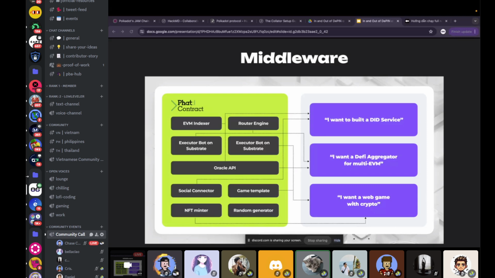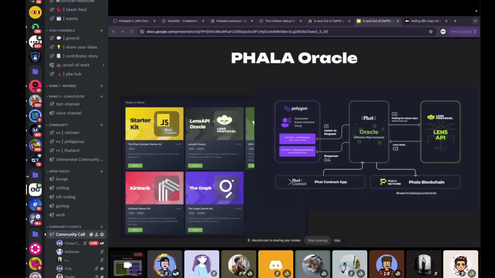Then we can think about what kind of use cases we can enable with such infrastructure. The first thing that comes to mind is Oracle, because if we dig into what an Oracle does, you can find that it is just a connection between some APIs or data and the smart contract. For example, you make a request from a smart contract, and we see the request and do what it asks.